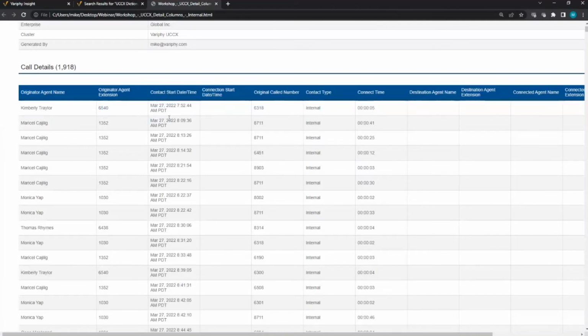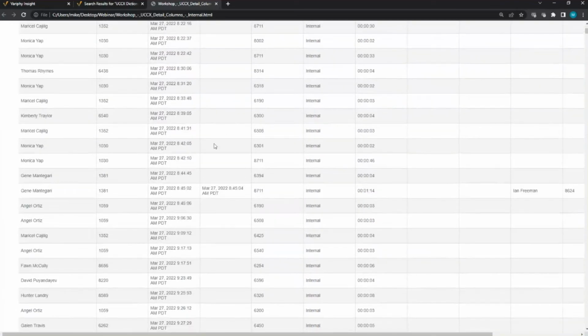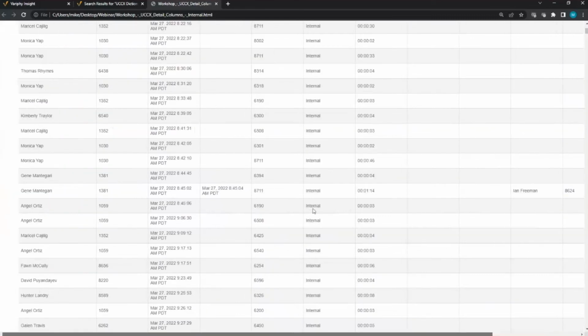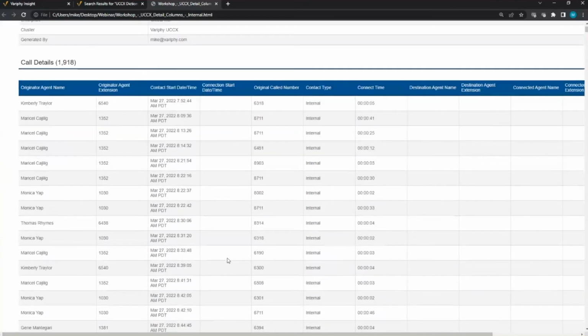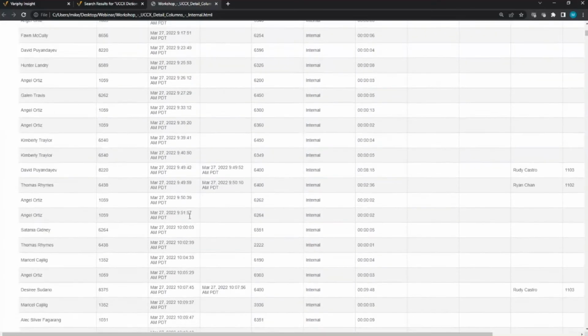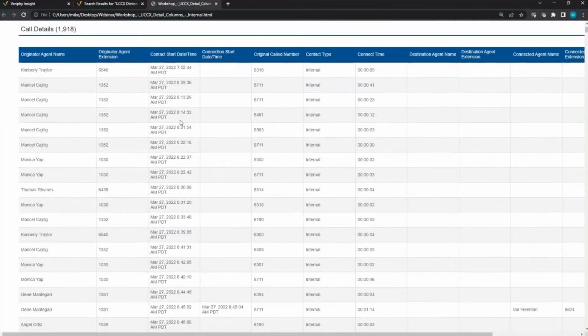We're seeing the contact start date and time. The connection start date and time, which I have here, is going to be blank because the call did not come through a queue, unless the agent is transferring the call to another agent, and it's still part of a queued call. So in this case, this is like an internal transfer. You will get a connection time because the call was queued, or it went through a queue. But for the majority of internal traffic, if it's not queued, this column will be empty. You can always still rely on the contact start date and time to see when the call began.